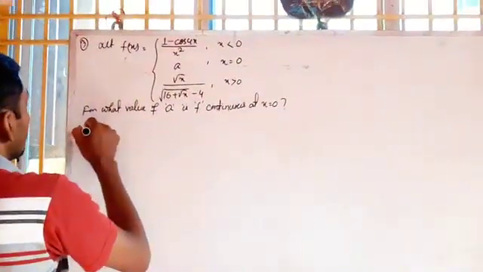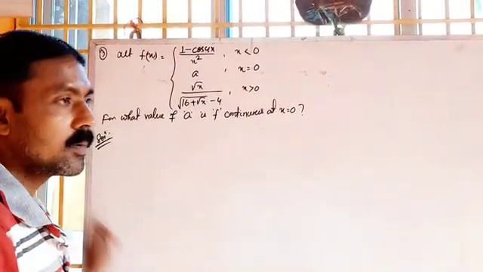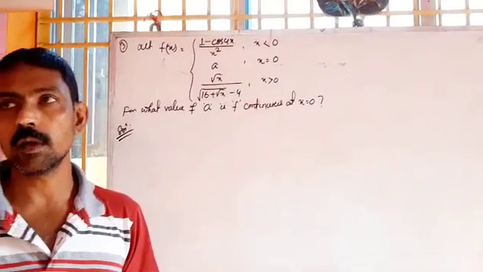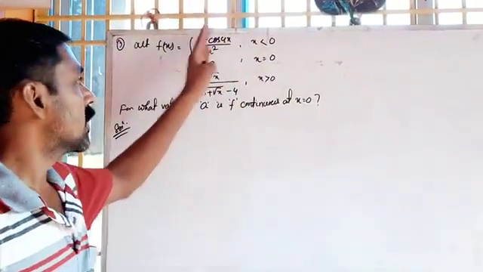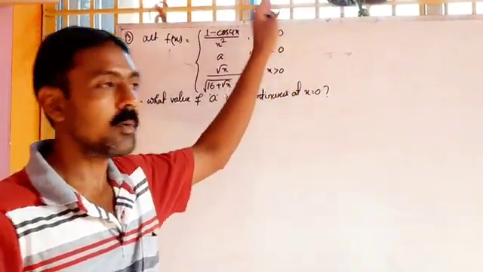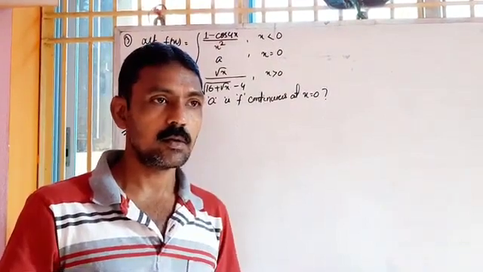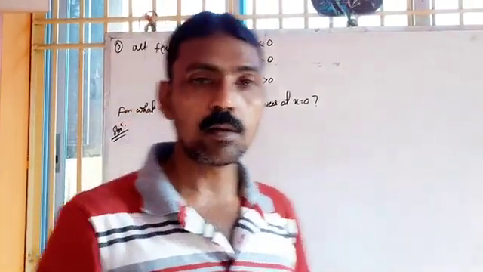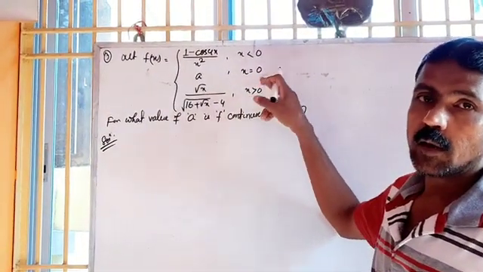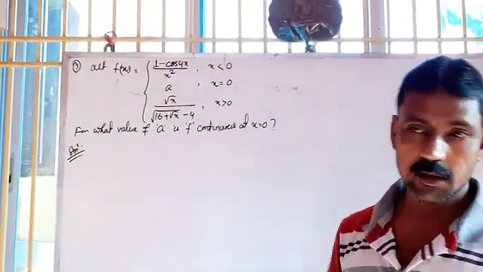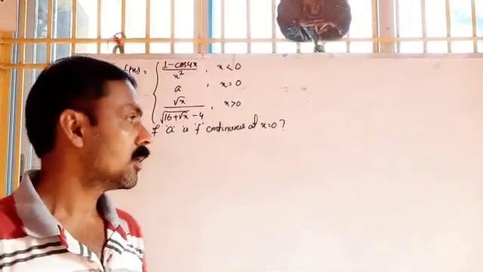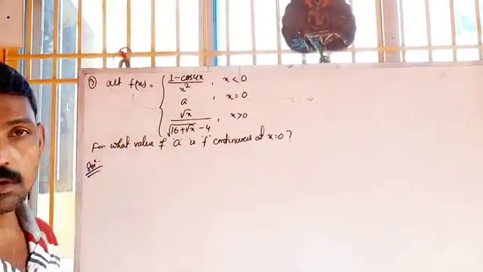So student, always remember in continuity, first of all you will find the limit, that is the first step. And how will you find the limit? You will check the function. If it is divided into more than one interval, means less than something, greater than something, then you have to evaluate the left hand limit and right hand limit. Okay? And the second thing is, you will find the value of the function at this point. And then you have to equate the value with the limit. If both the values are equal, then you give the conclusion that the function is continuous, otherwise not.